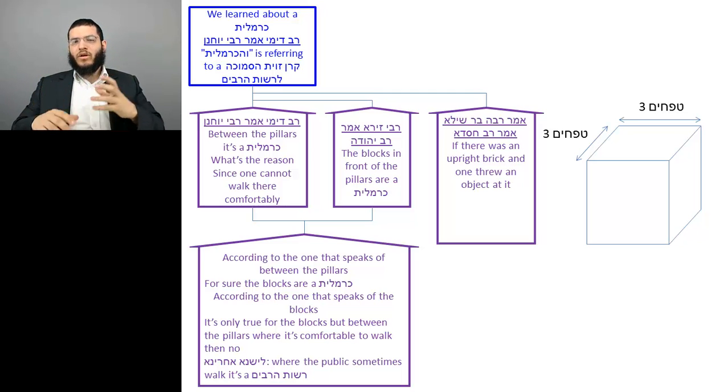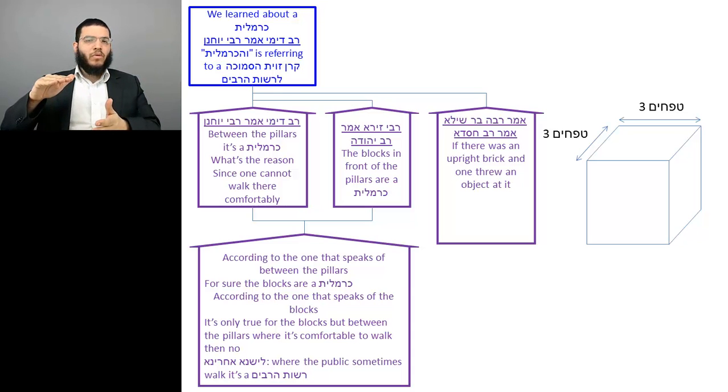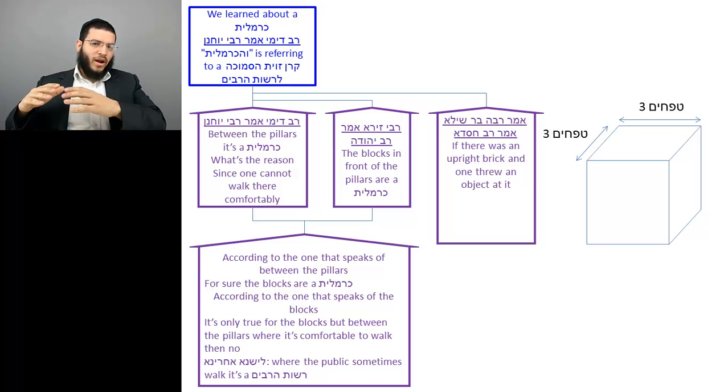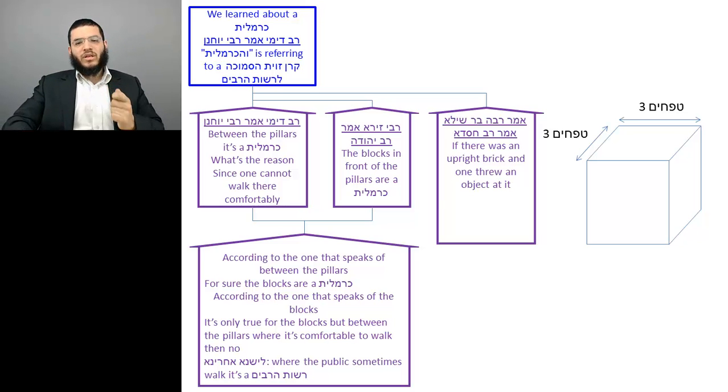It's talking about somebody who threw 4 amas and rishus harabim at the brick. He'll always be chayiv because anything within 3 tefachim is considered part of the rishus that it's in. So here we're referring to a brick, a levena, that's higher than 3 tefachim. And on top it has the parameters, that it's the size, that it's 3 tefachim by 3 tefachim. So the din is as follows.